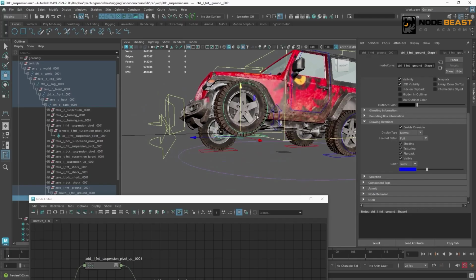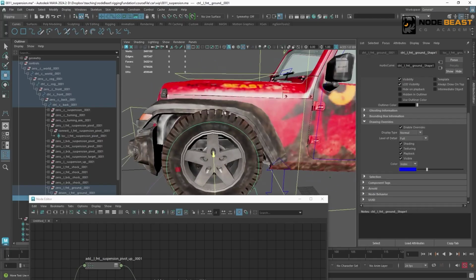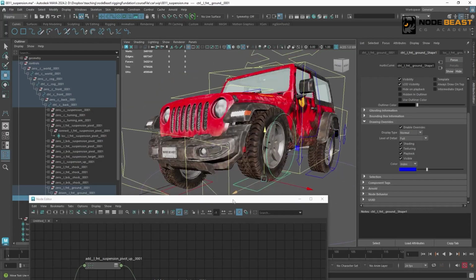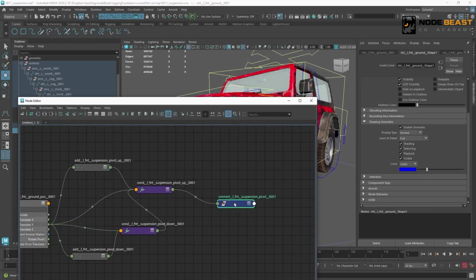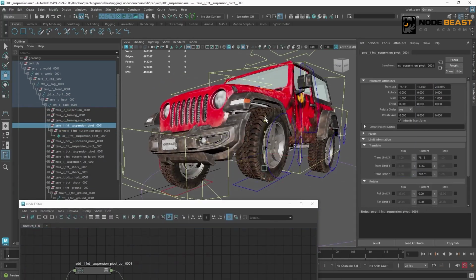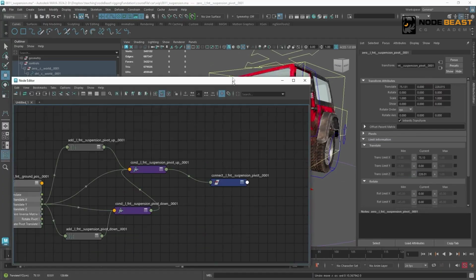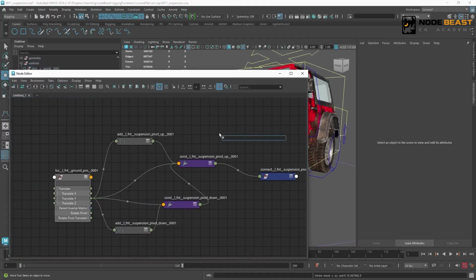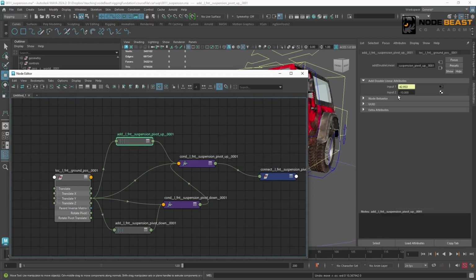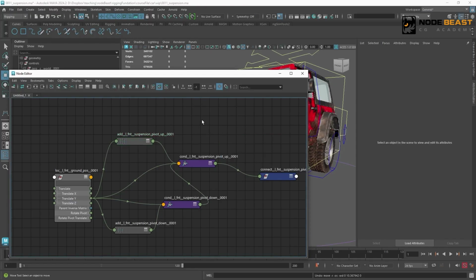But we'll see here when I move the wheel up, it intersects very quickly. What does this mean? It means the locator isn't moving up enough. How can we modify this? We can add a multiplier. Although it's driven by the result of the distance subtraction, we can multiply it by a number greater than 1 to make its movement distance relatively larger.